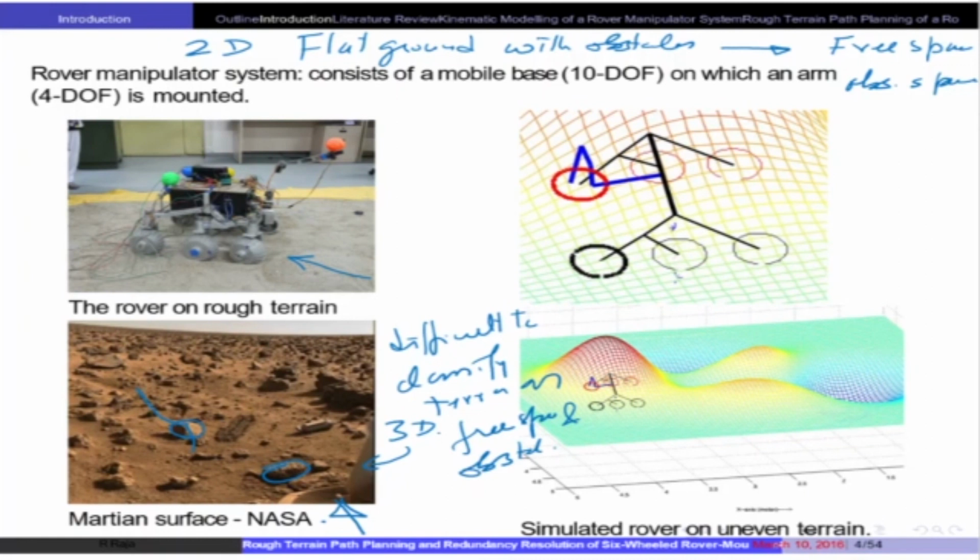Whereas in the 2D case, the robots were not climbing obstacles, they were just avoiding obstacles. Here we are saying the robot can not only climb but it can also avoid. Okay, so how do you define what is free space, what is obstacle space? So you cannot actually. No, you can, in the sense that suppose we say that, let's look at the right